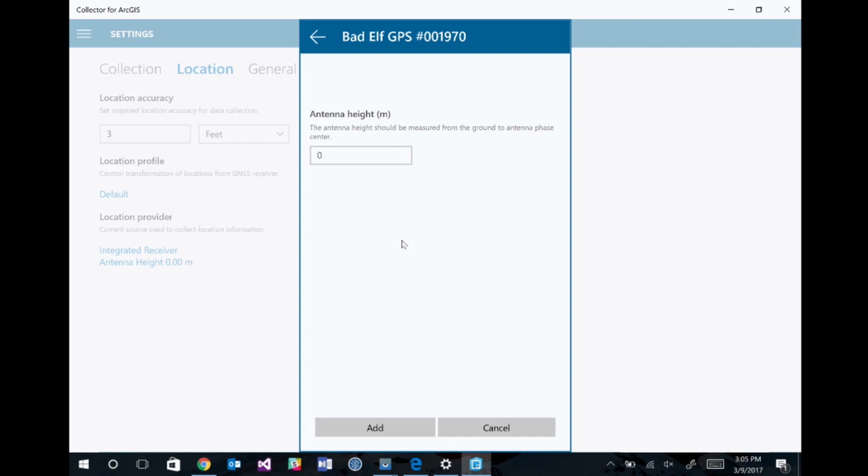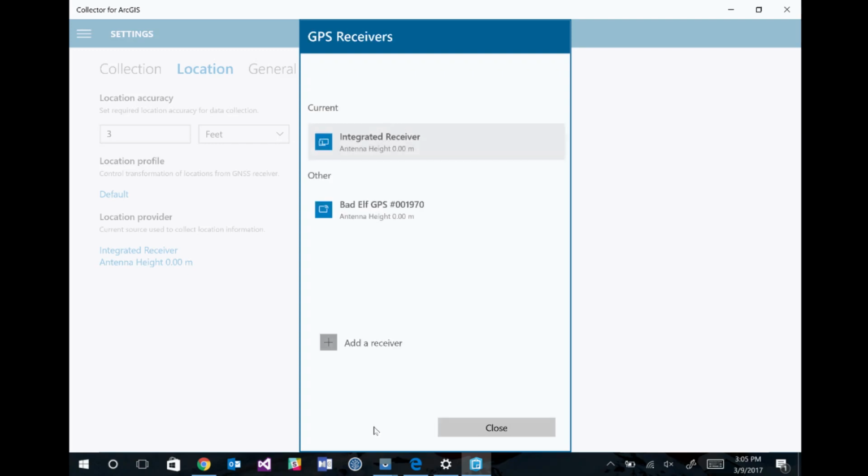As part of the configuration process, I can specify the antenna height. So if I am going to mount this on the top of a range pole, say a 2-meter pole, I can put that in there and that'll be adjusted for the elevation that we write out in the metadata. At this point, I'm just going to leave it at 0. And now I can switch to have Collector use